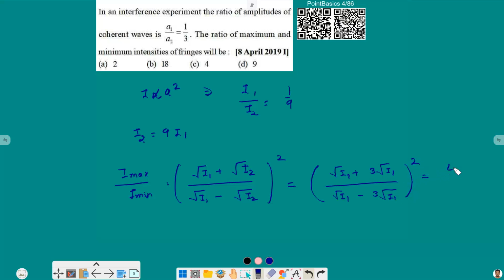So this will give us 4 square, and we have a negative sign here. So this will be minus 2 square, that will be 4 ratio 1. That is option C for us. Now moving ahead,